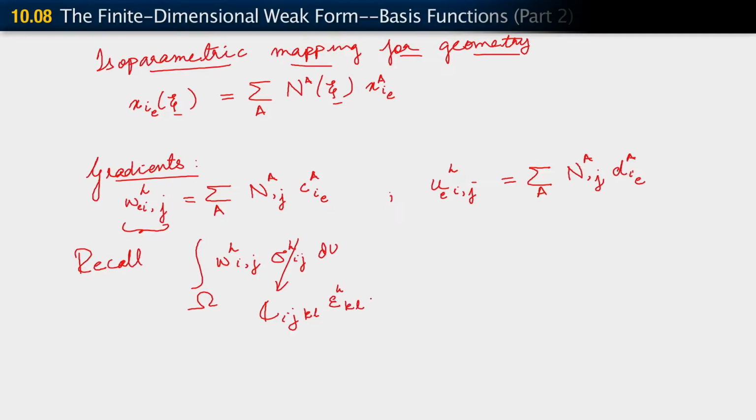Here is where I'm going to use one of those properties of our elasticity tensor. The property is the fact that whereas the strain is properly defined as the symmetric part of the displacement gradient,